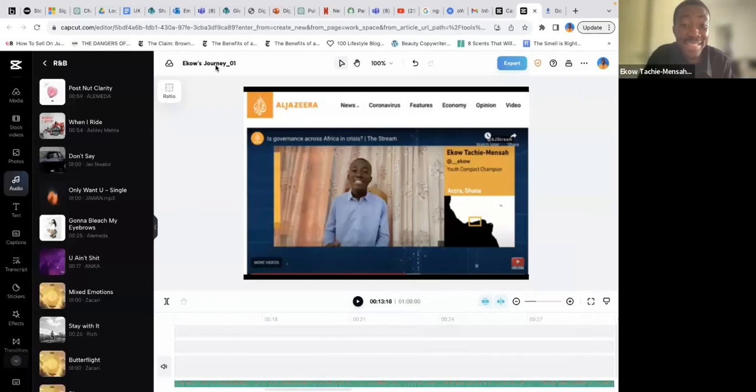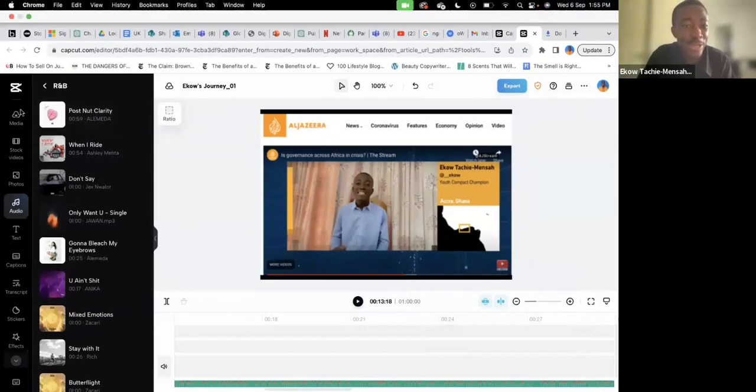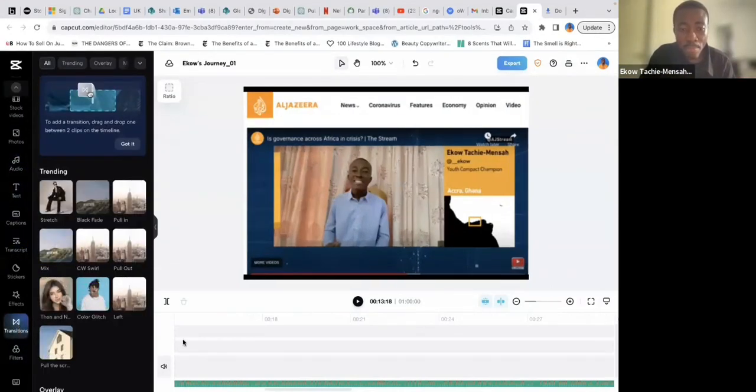So CapCut makes things easier and there's a lot to learn, but we don't have too much time. So in your own free time, you can just play around with it. If you have videos, export your videos, put them into the right frame and how you want them to look based on your storyboard, and then play around adding text, adding audio and transitions where possible.